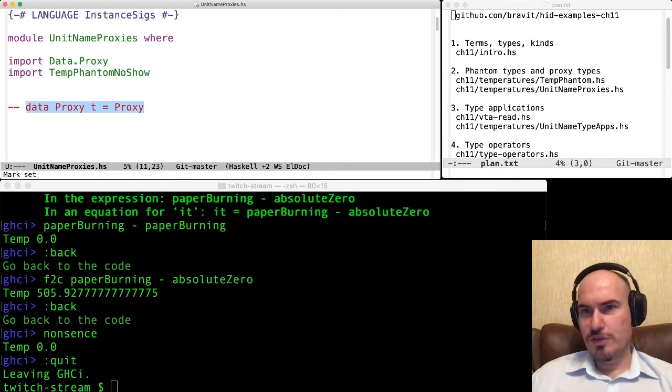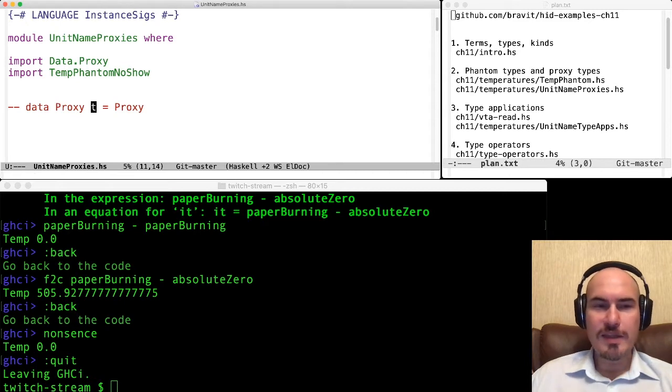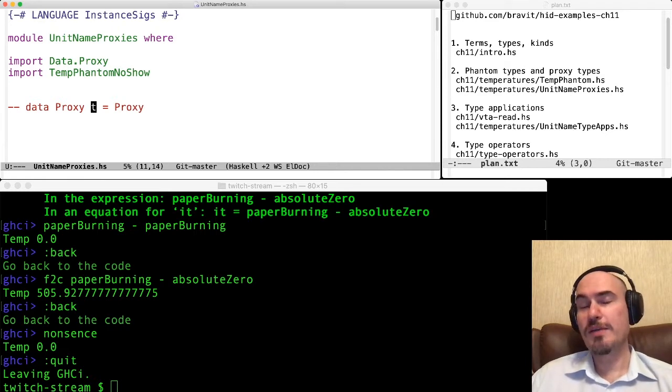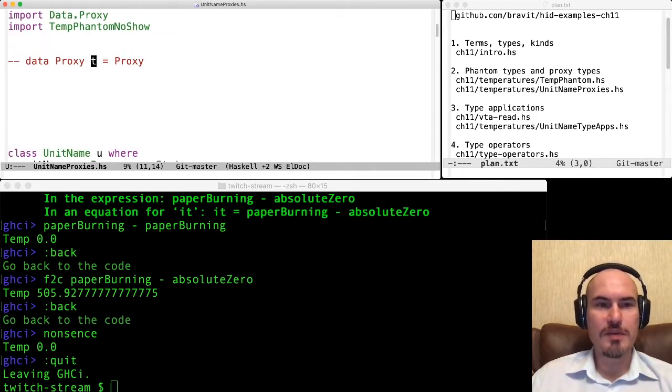You see that it uses a phantom type in its definition. So we have a value now, which is called Proxy. And the type t is not used in that value. This declaration means that we use this Proxy type only to refer to some type at the level of types. Again, there is only one value for any such type.